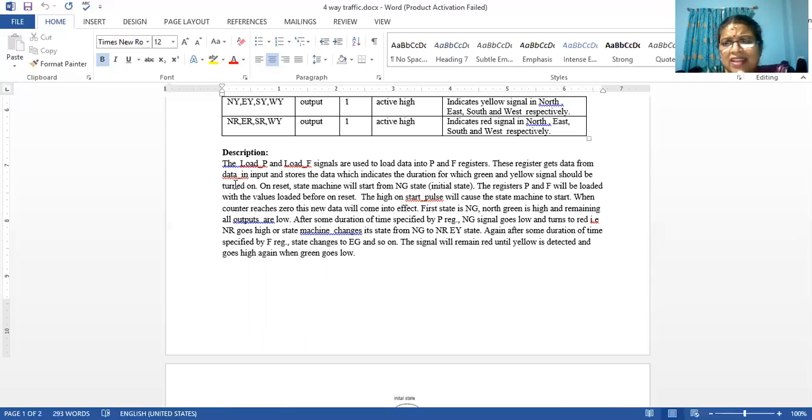If you see yellow, it is very little time. Yellow, or amber, is almost like 2 or 3 seconds. So there are two registers to which we are giving a value. One is to count how long the red should be high and another is to count how long the green should be high. Okay. So there are two values which we are giving. One is to make sure how long the red should be high and another is how long the green should be high. And these are parameters which you can program at any point of time.